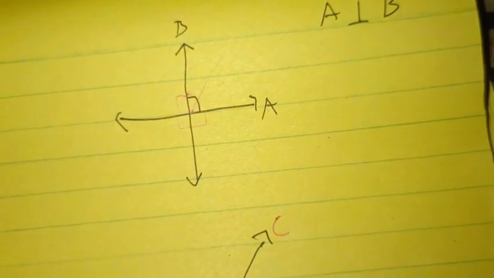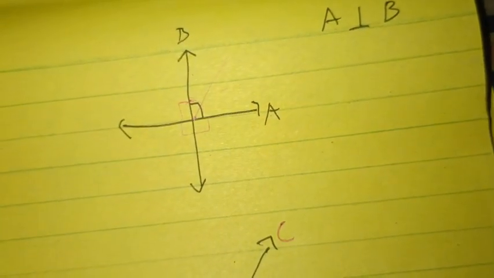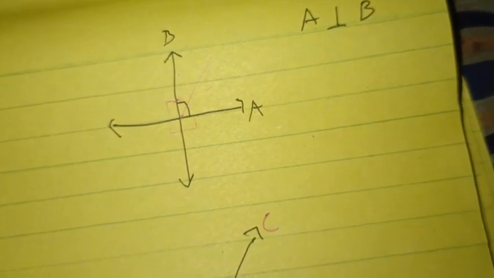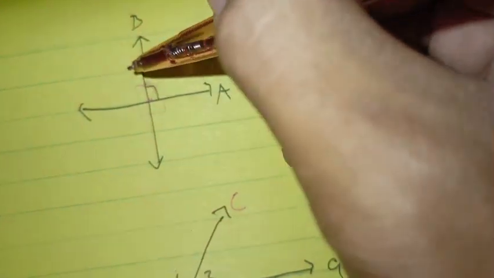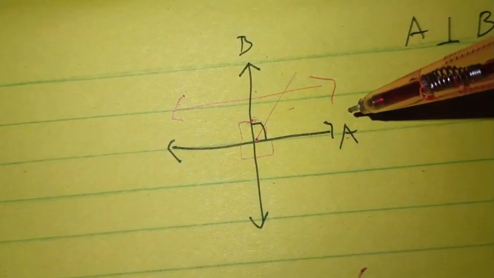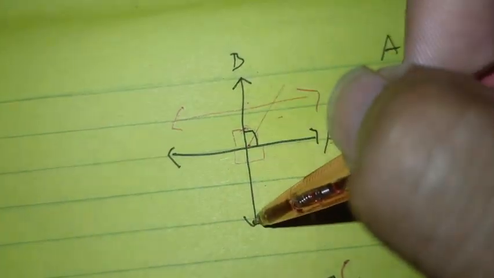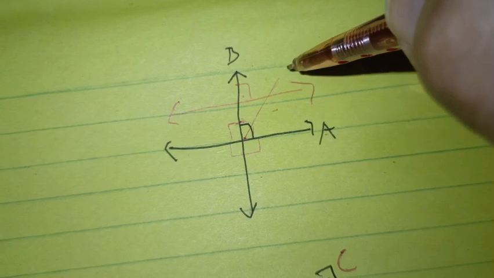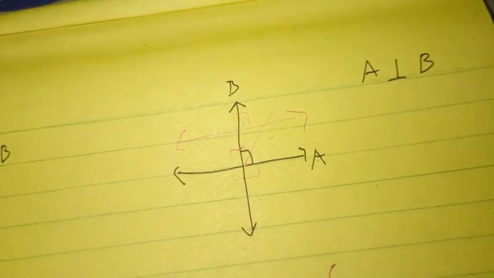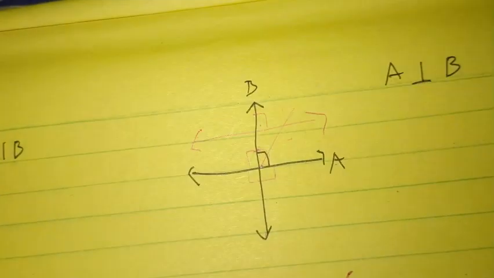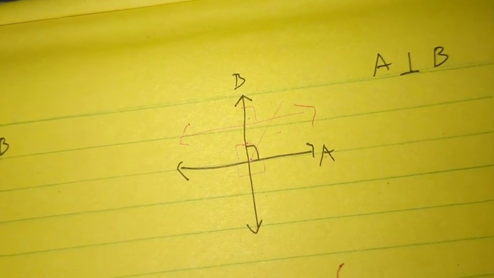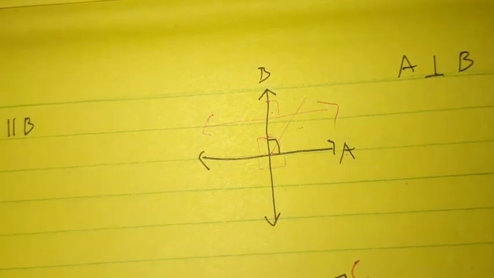And the last theorem is the perpendicular transversal theorem. If a transversal is perpendicular to one of two parallel lines, it is perpendicular to the other as well. Like this is the transversal and this will be the other parallel line. Then if this transversal forms a 90, it's the perpendicular transversal theorem. So that's all we need to know for the proofs of perpendicular lines. So let's proceed to our examples of solving these angles and theorems.